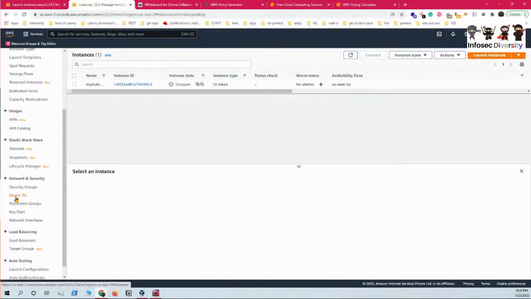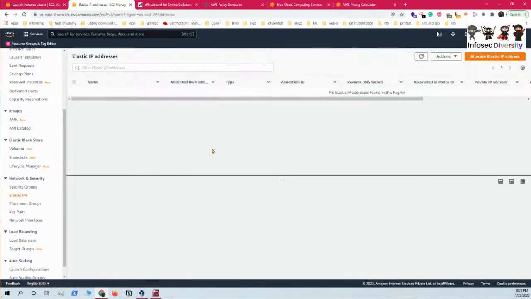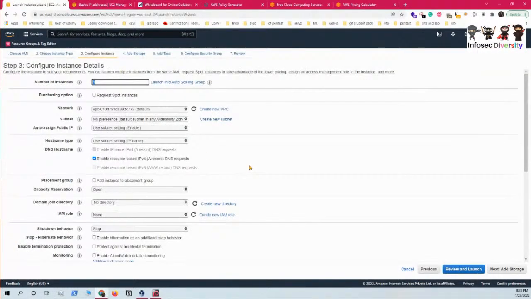Here we have got elastic IPs. This is something you use as a public IP address that you can attach to the EC2 instance that we'll be creating. If you are continuously starting and stopping your instance, every time you do it, the public IP address will change. But if you want your IP address to stay the same however many times it starts or stops, because there may be many use cases for that